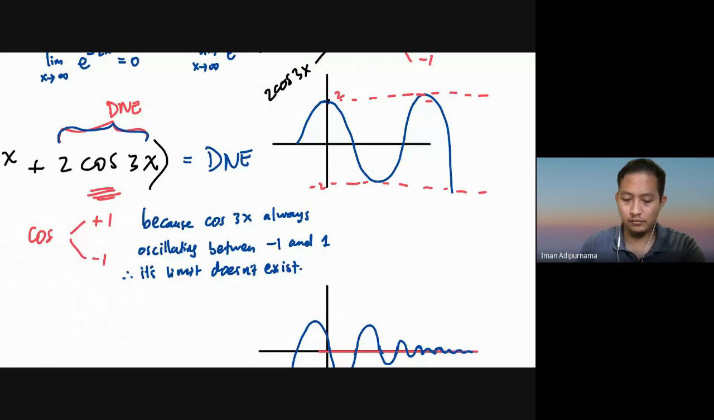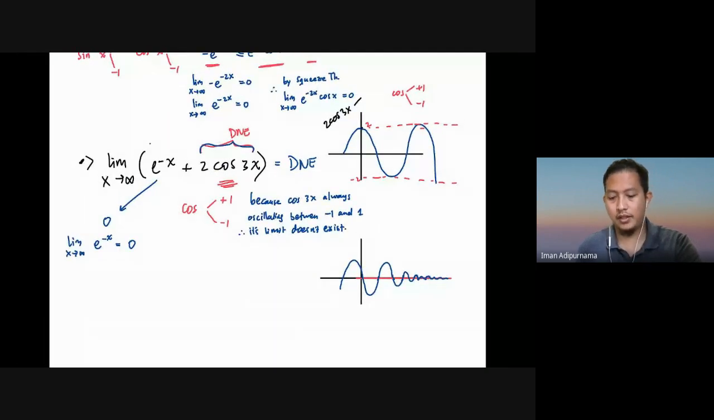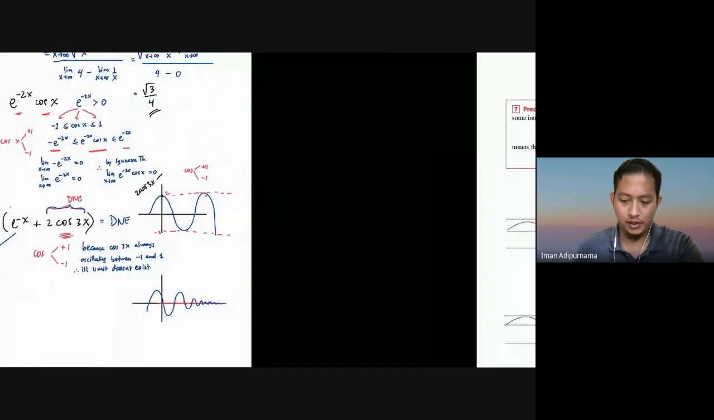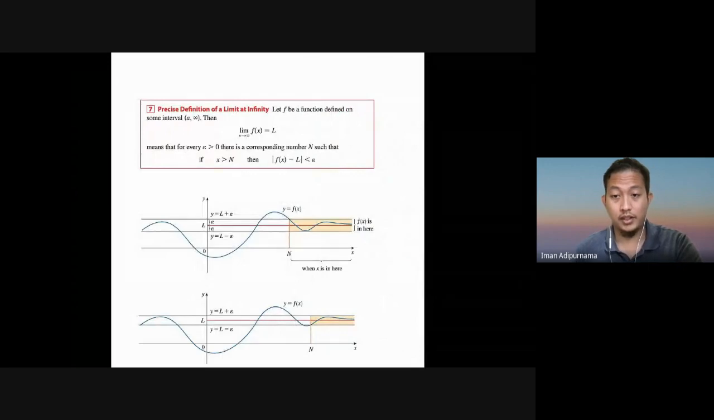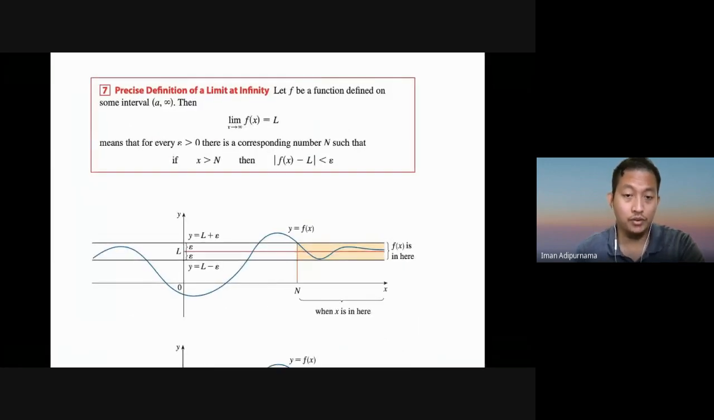Okay, let me go back to, all right. So let me give you a quick review on limit at infinity, based on the precise definition